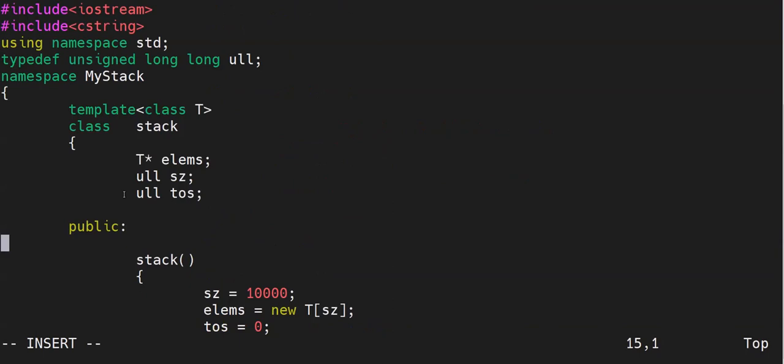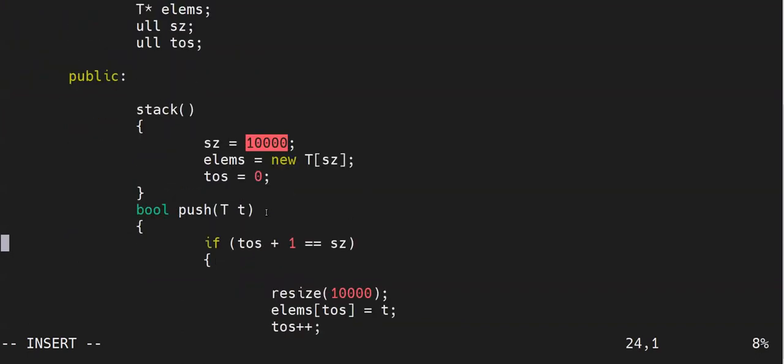This is a sample stack which I have implemented. We have a pointer variable which will help us in holding the elements that we are pushing inside the stack. Initially when your stack is created, it can accommodate up to 10,000 elements.